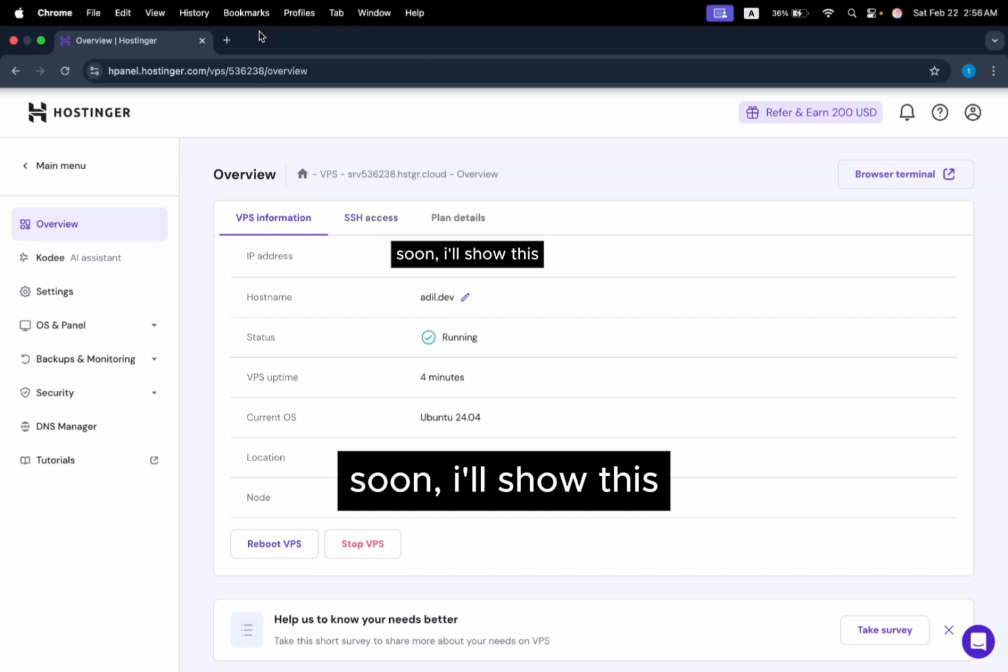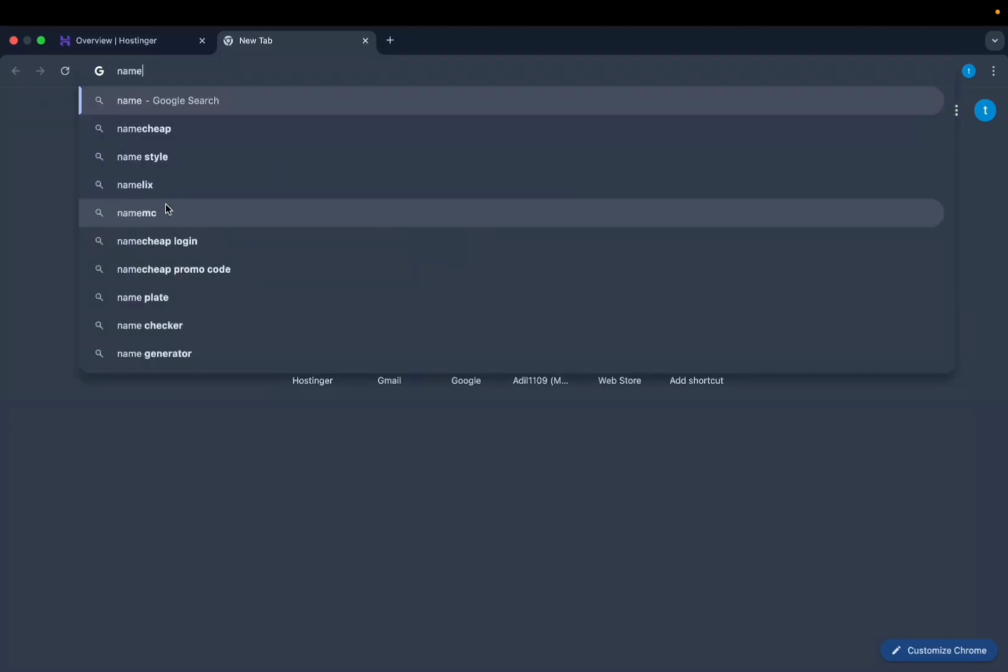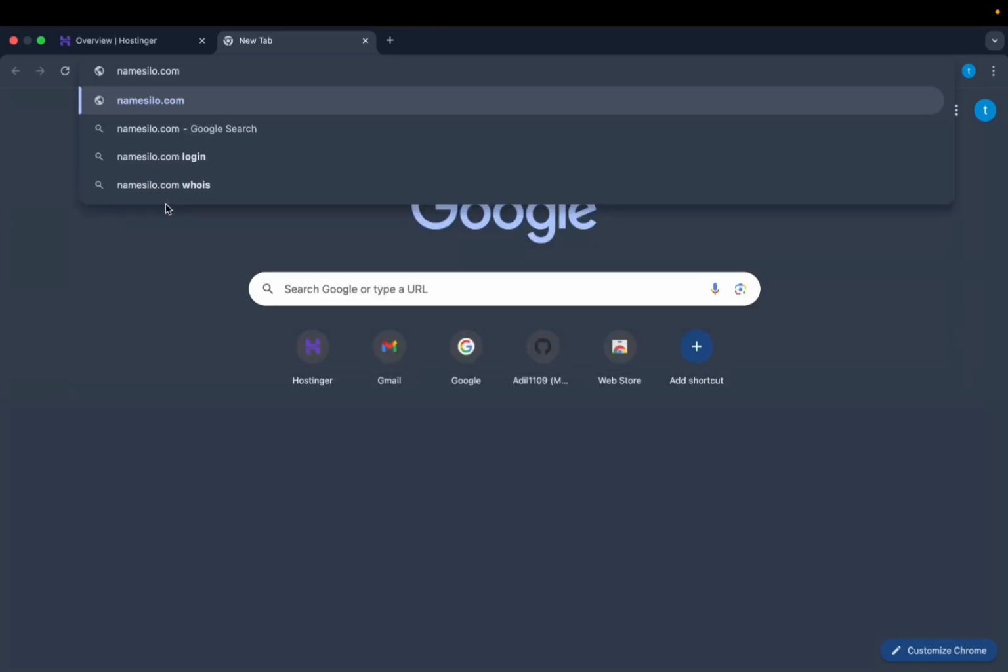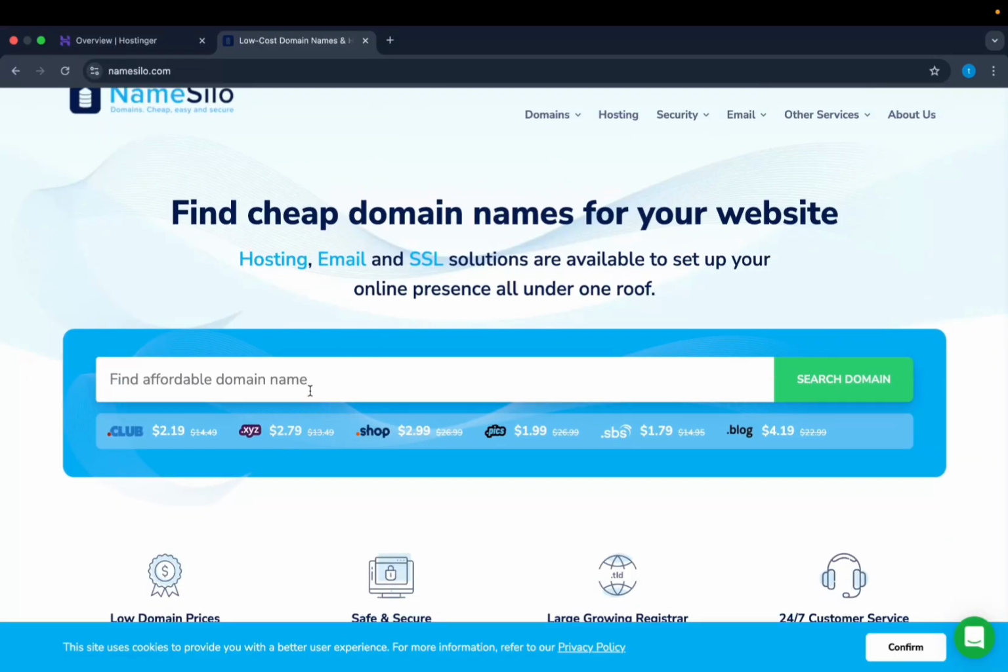After the VPS, we need a domain to continue our DevOps journey. So for the domain, we will use NameSilo. In the address bar, write namesilo.com. They provide great service, so we are gonna use NameSilo for domains. Here you can come and search for your domain. For example, let's say